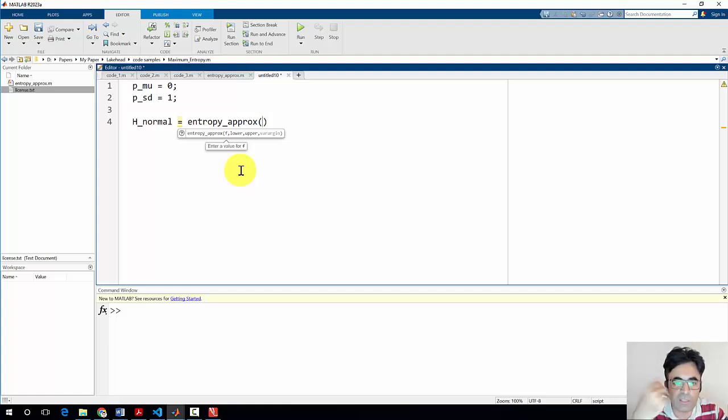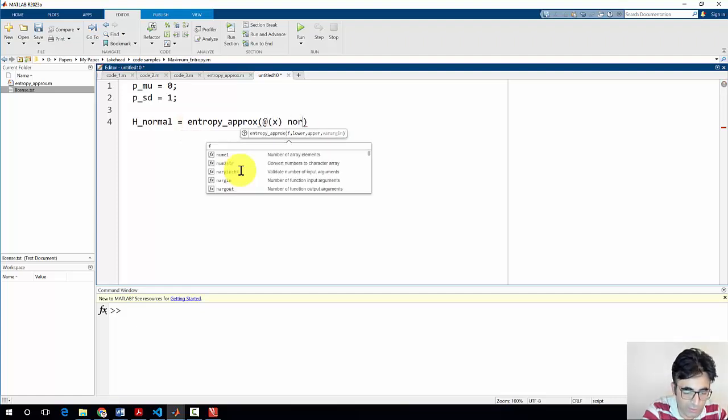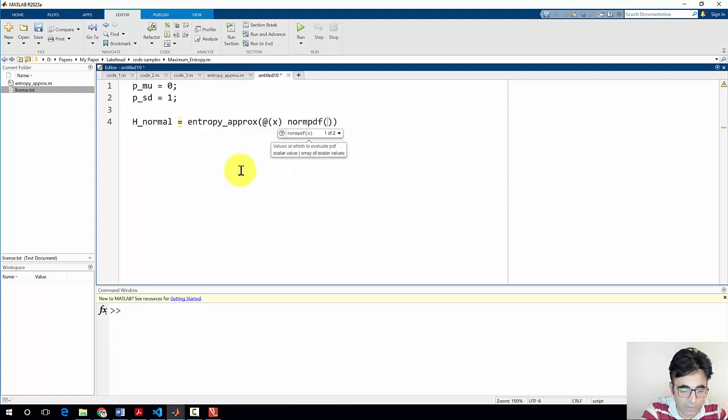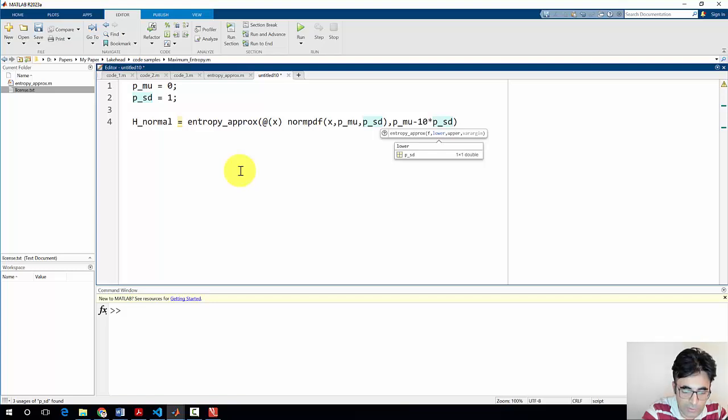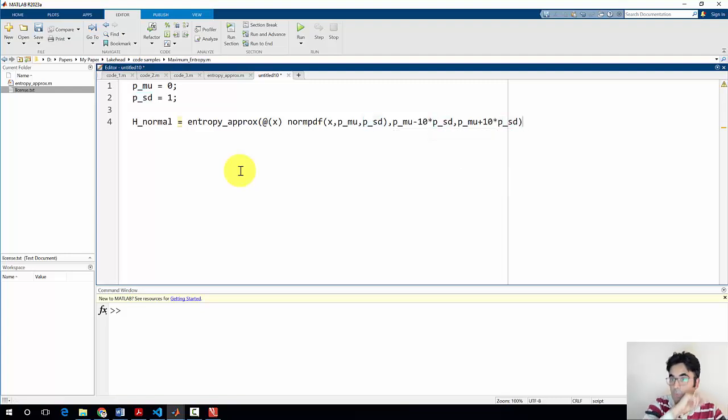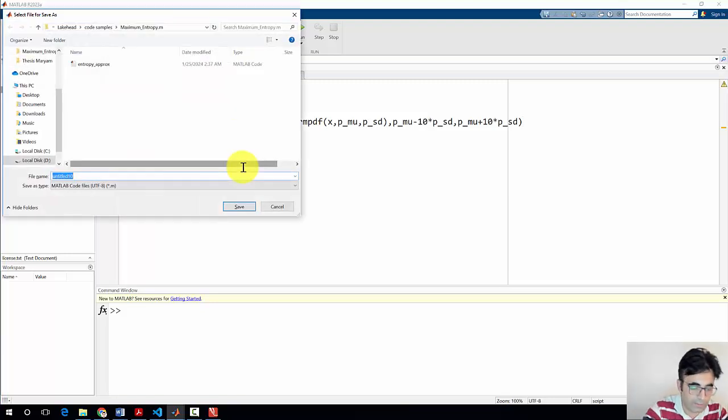We're gonna start by giving the PDF. So I again put at sign x. That's going to be a normal PDF. The variable is x, and the parameters of the distribution function are p mu and p standard deviation. Okay, what would be the lower and upper limit of this function? Let's for instance put 10 standard deviations before and after the mean. That's going to be a good thing. So p mu minus 10 times psd is going to be the lower limit, and then p mu plus 10 times psd is going to be our upper limit. So I think it's enough. Let us save it and call it app1,